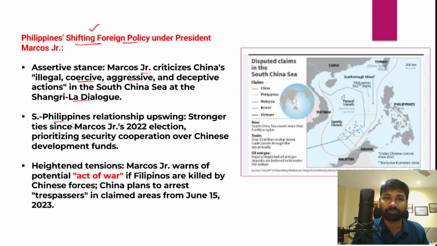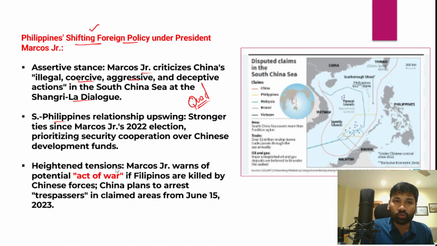prominence in recent times. Okay, because when we talk about China as a threat, China has been challenging US hegemony across different parts of the world, especially in the Indo-Pacific region. Because of that, the US has been looking towards countries with which it can work to curtail Chinese assertiveness and aggression in different regions. So the Indo-Pacific was one such theater where the US has been regularly working with countries like the Philippines and even India. And because of that particular reason, the US has steered this Quad initiative, the Quadrilateral Security Dialogue framework.